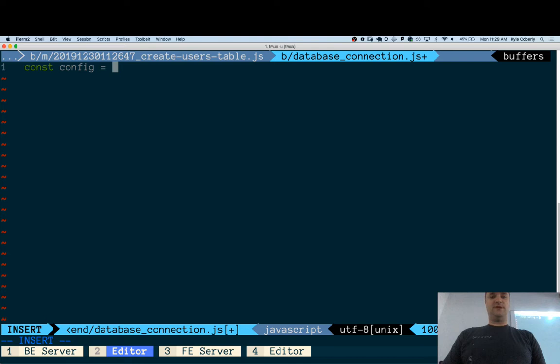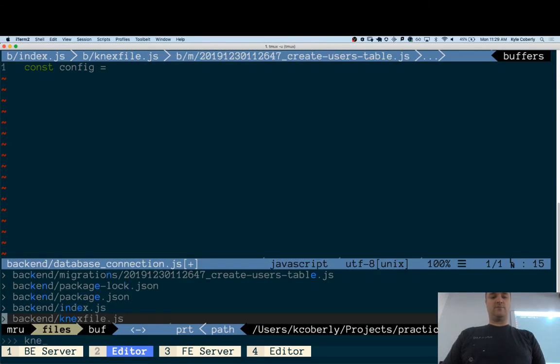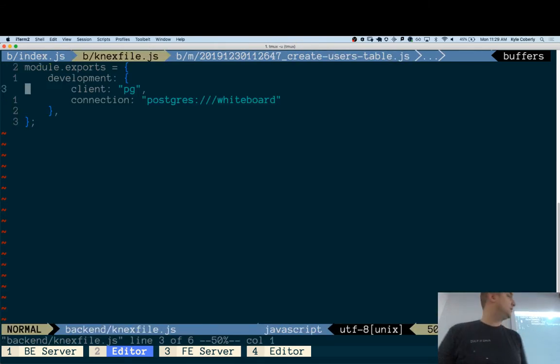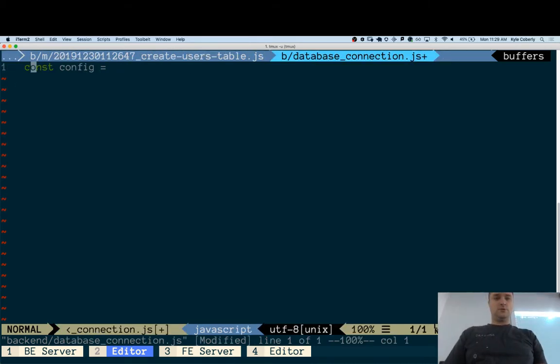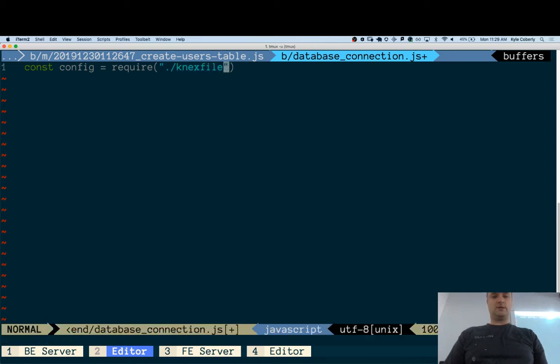Our database configuration, which we're going to get from that connects file. This is just an object, so I need either whatever the environment is set to or the development key. So I'm going to set that to require connects file at